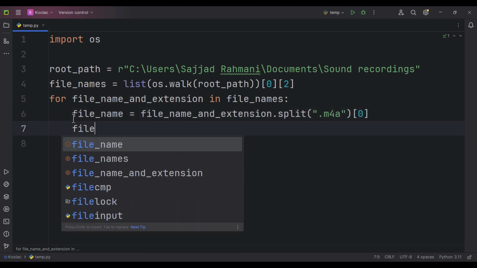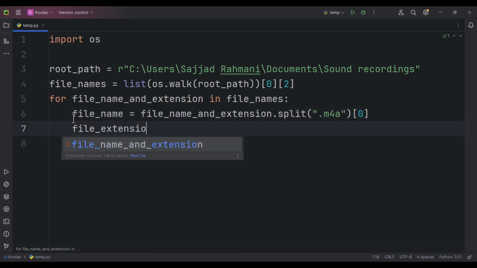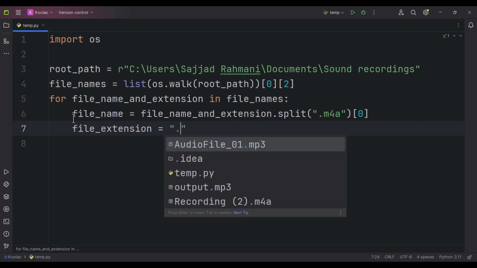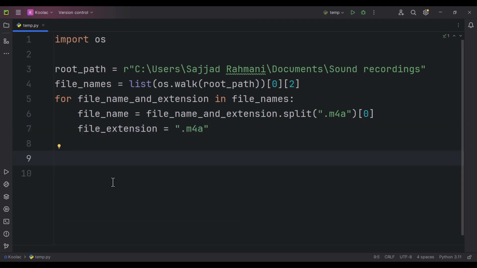And it's very obvious that the file extension is M4A. And now we want to define the full path, and we want to access the full path of each of those files because we need that for reading those audio files. So that's very easy. We can simply type